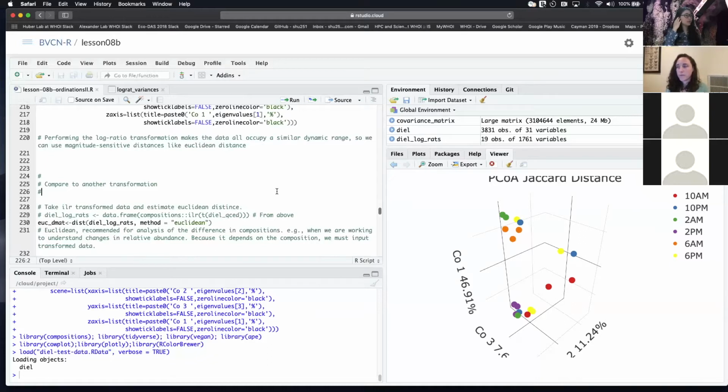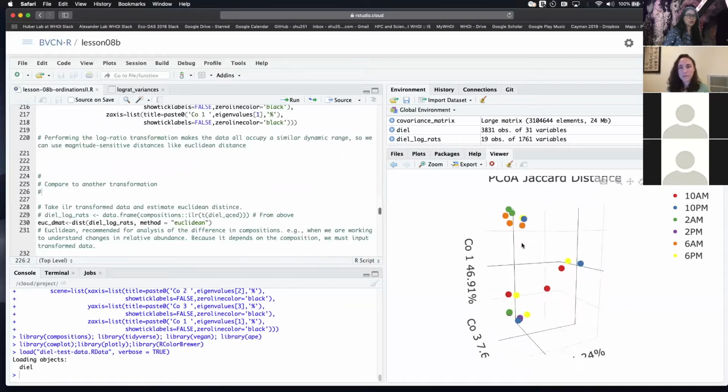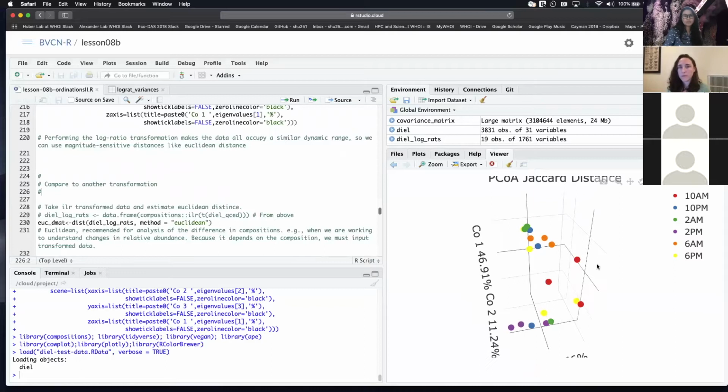So we started with some of the untransformed data, meaning the raw counts that you get from the Amplicon results. We used a Jaccard distance matrix, which is more like presence absence. If you're approaching that, one thing to think about is, do I care about rare taxa in my Amplicon analysis, in which case Jaccard might be right for you. I also went over using scree plots and how to evaluate how many axes you might want to use. That left us with some 2D plots, and this result that's already on my screen, a 3D plot with the Jaccard distance. And then,